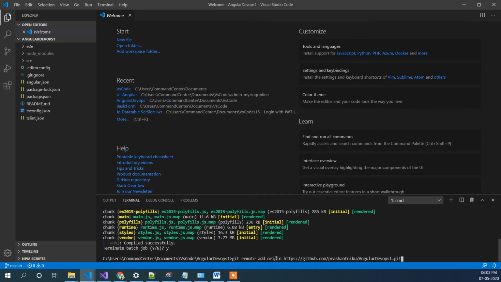What it will do is add an origin to our project, so GitHub will be mapped to this. Whenever we fire any command related to Git, it will automatically know that it's for this URL. So let's fire this first.